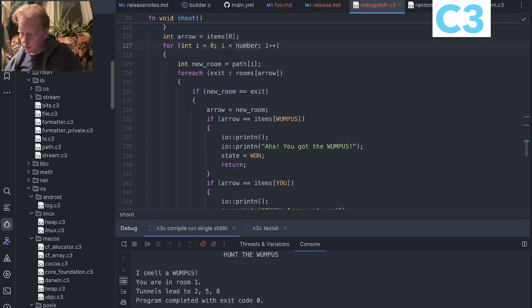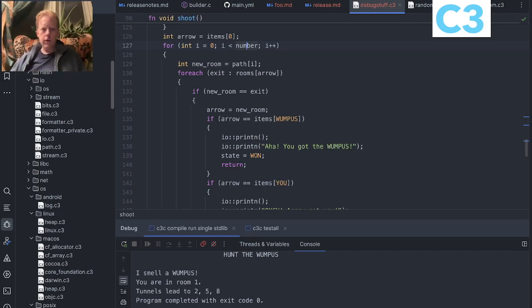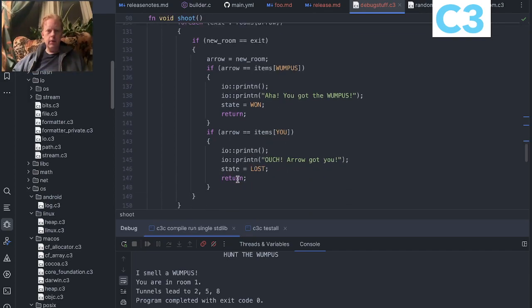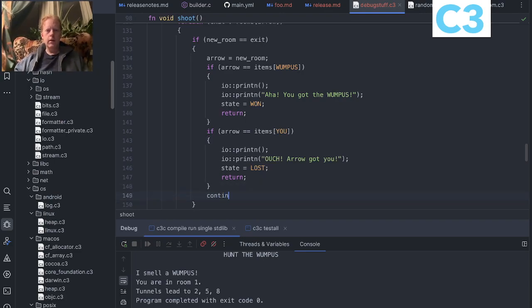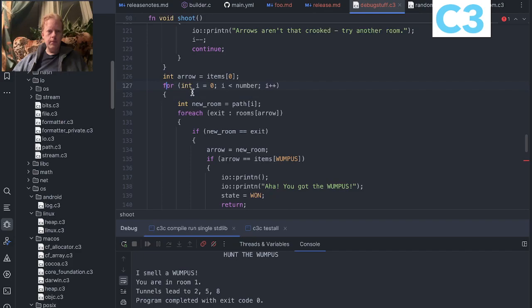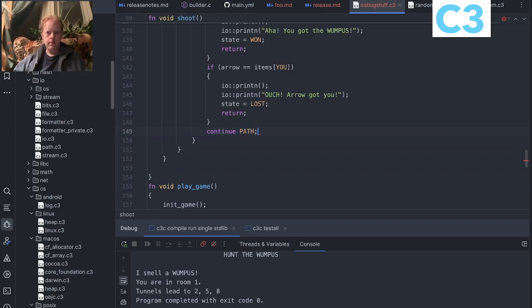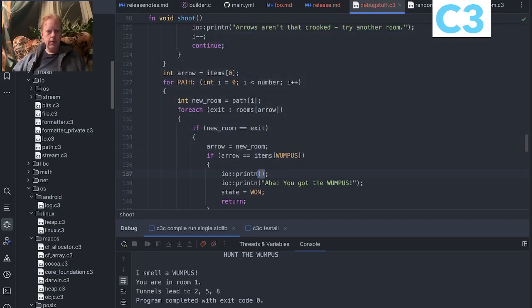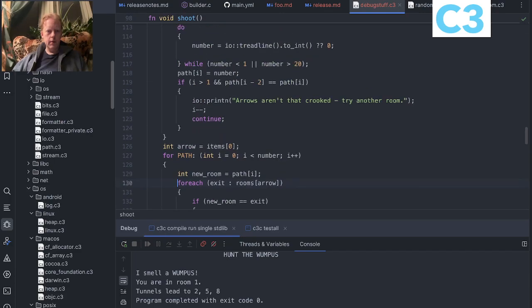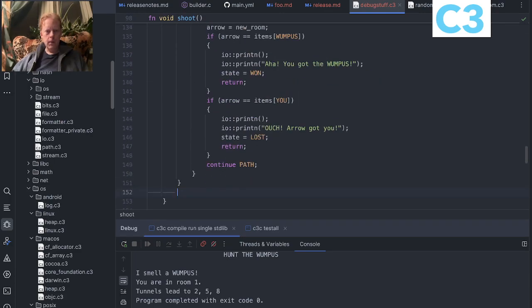Let's see if it has something else. No, show. Then go to 1590. So it just goes for the next one. Okay, so if we're done here, now we can continue the outer one. Path, right? Let's call it path. Continue path. And we can clean this up later, but this is just for now. So if we didn't find one, so we didn't find an exit here, then we're going to move into a random location,